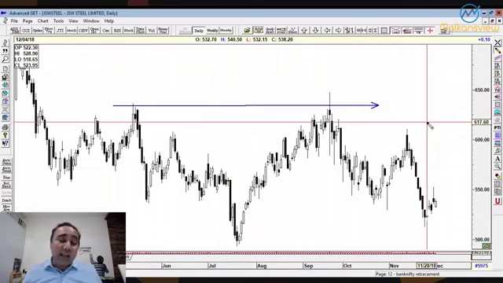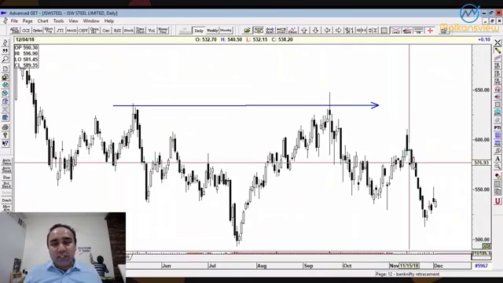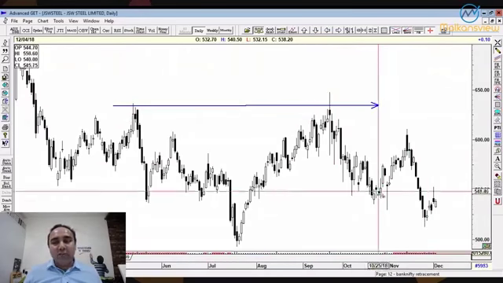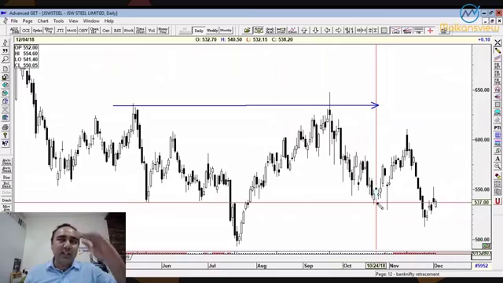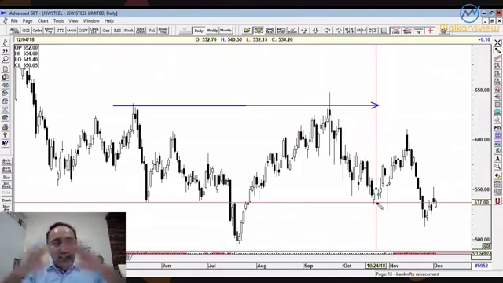So I remember in my early days of learning, when I was going through this technical thing, a breakout meant that if the resistance is 600 and a new high is made at 601 or 602, I think it's a breakout, I'll buy. But after going in depth into the subject over so many years, I learned that there is a definition of a breakout and there is a qualification for a breakout.